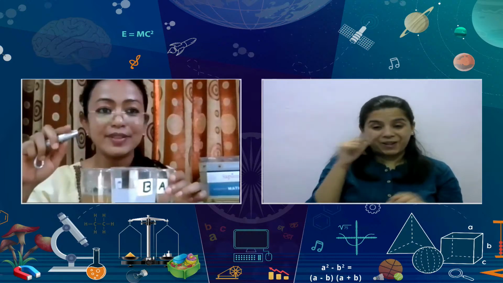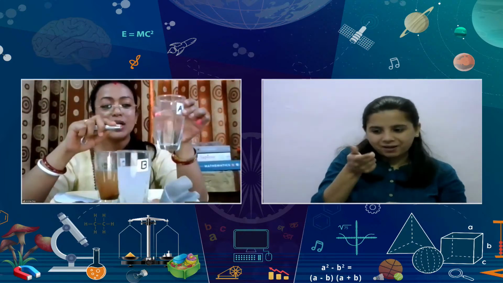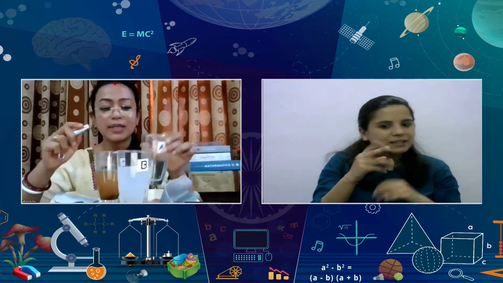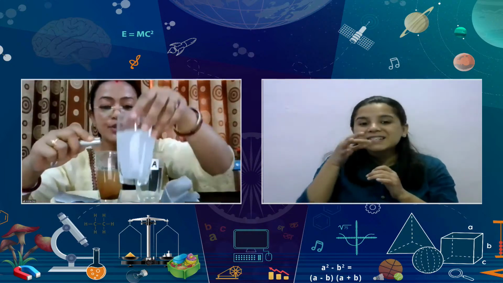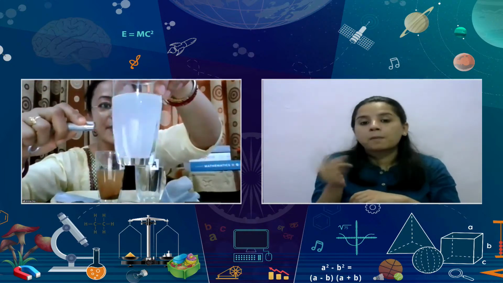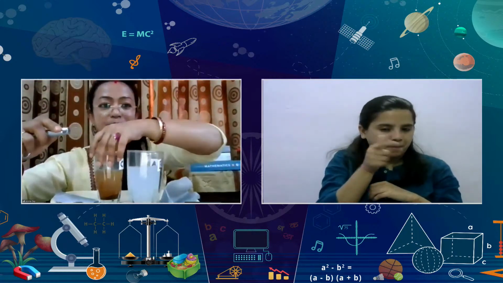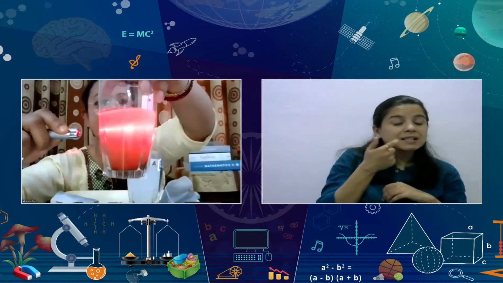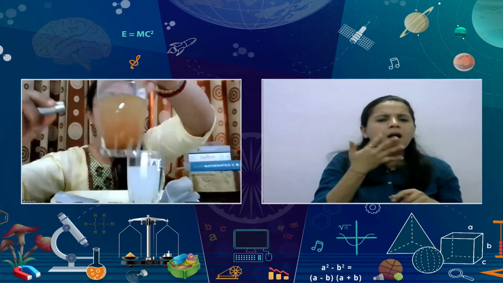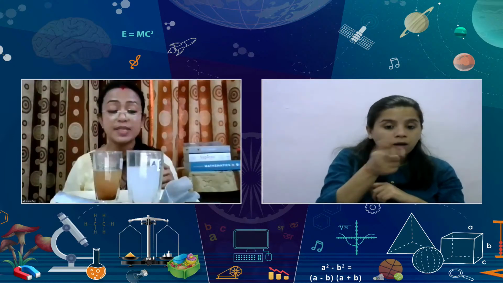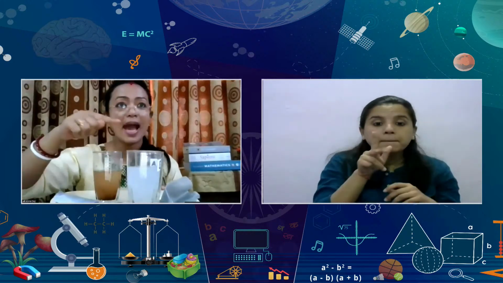We caught the thief: when light was passing through a solution, I could not see the pathway. But when it was passing through the colloid, it showed its presence. And when it was passing through a suspension, clearly the light thief was caught. That means the scattering of the pathway of light is visible through a colloid and suspension, but not through a